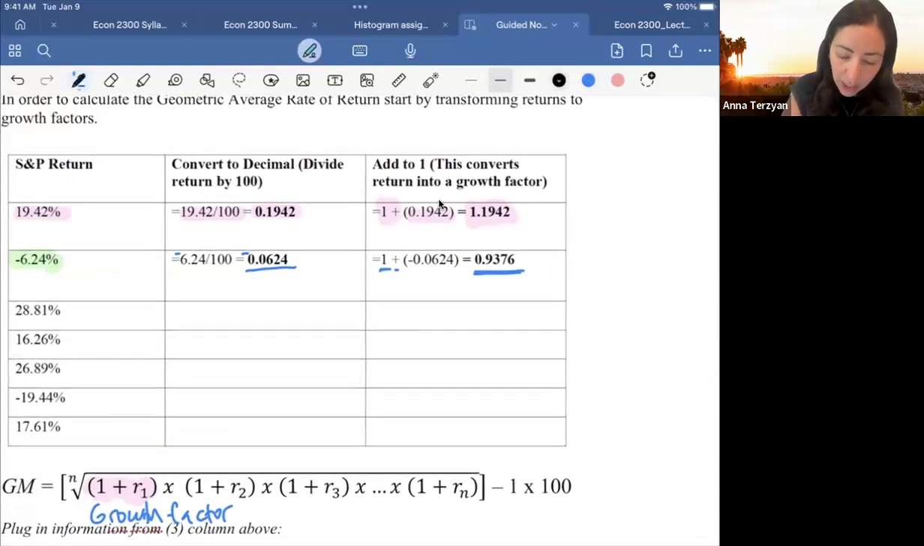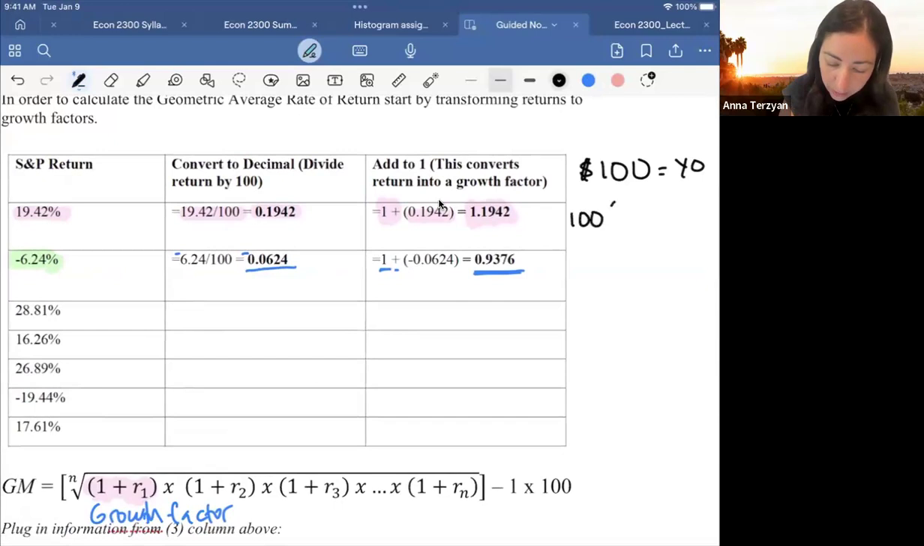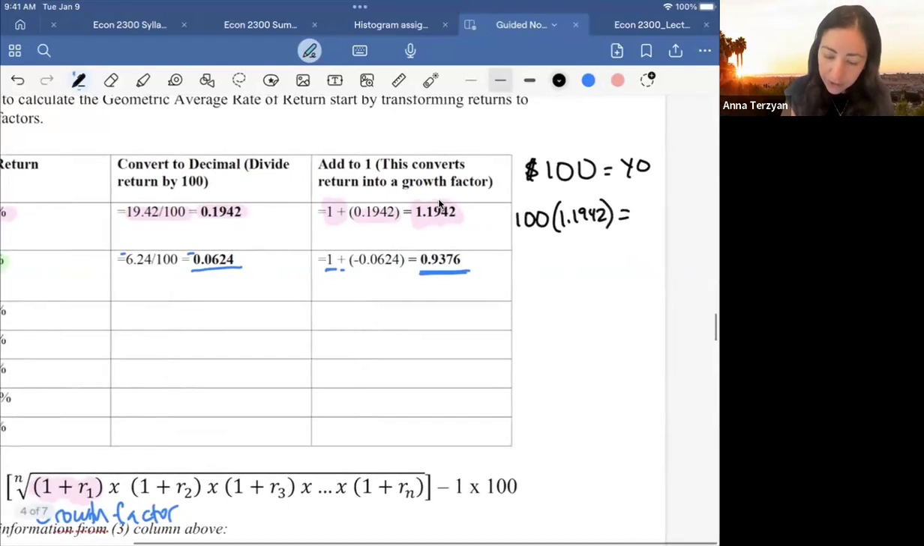So let's say this is your actual dollars. You started off with $100 in year 0. In year 1, that investment grew 19.42%. So the growth factor was 1.1942. Just to write it out, it would look like this. So at the end of that first year, you would